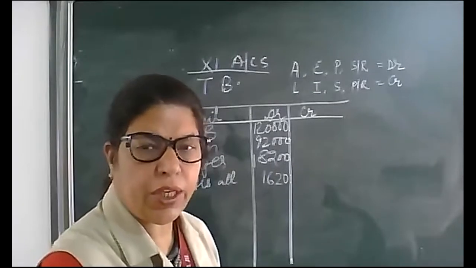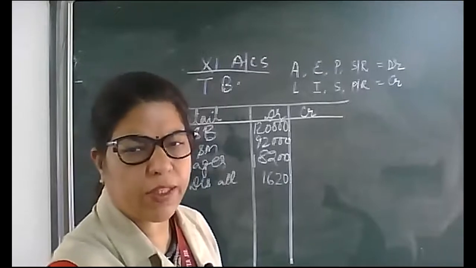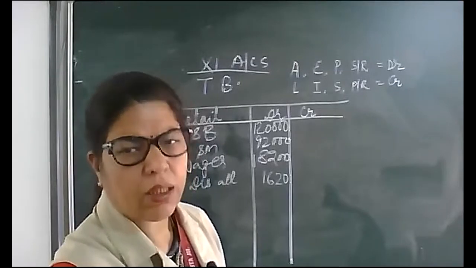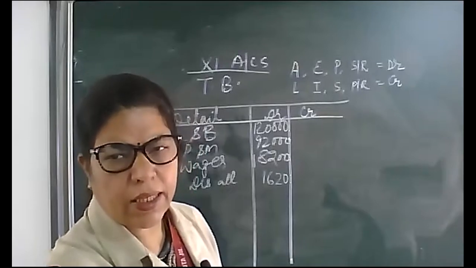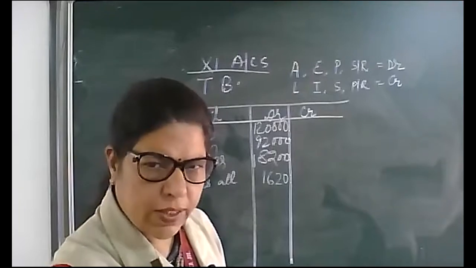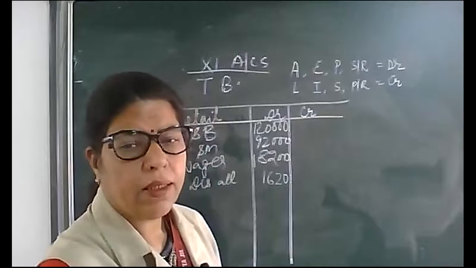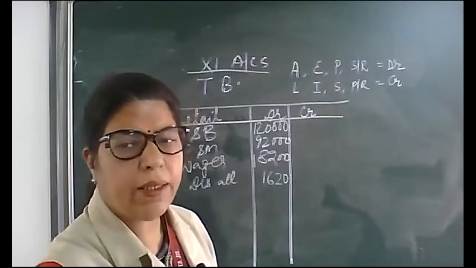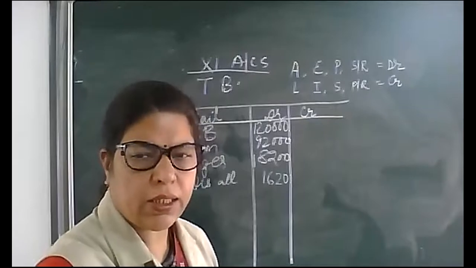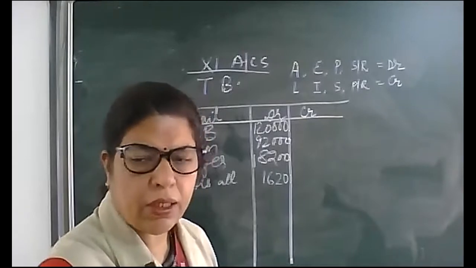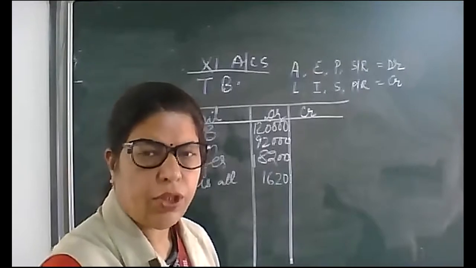Yes, children, note down these two lines that will be useful for you always. All assets, all expenditures, purchase and sales return will always be debit. All liabilities, all income and gain, total sales, total purchase return and capital must be credited. Total is